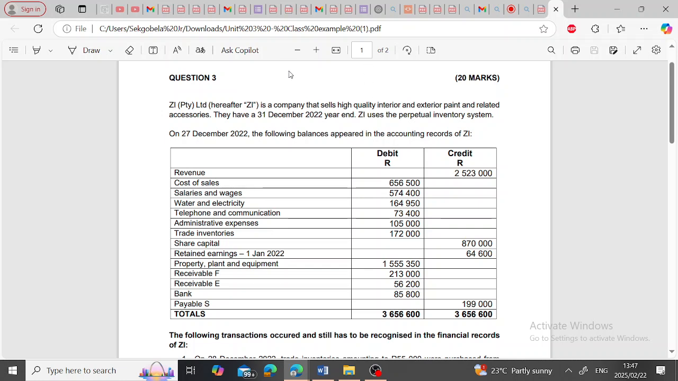This is what we call the trial balance. You see this table with these figures? It's called the trial balance. A trial balance, guys, is very important. You need to know it. It's going to help you answer questions. These figures are not here for decoration. So if you look at the trial balance and you see the amounts credited and you see the amounts debited,